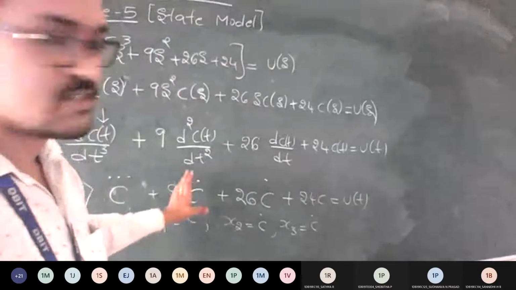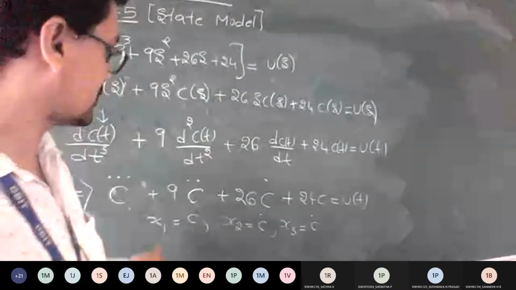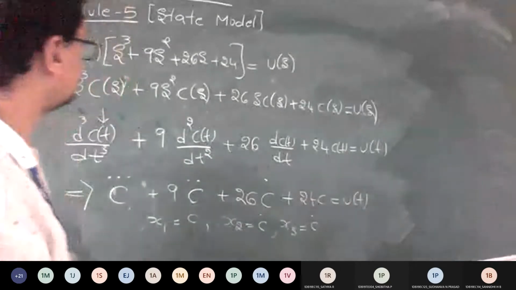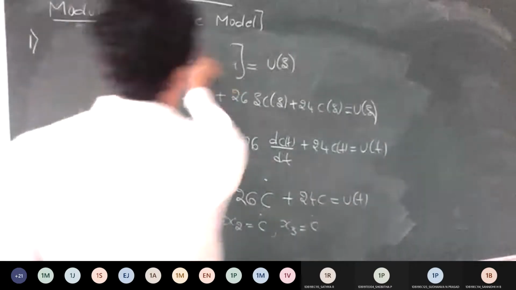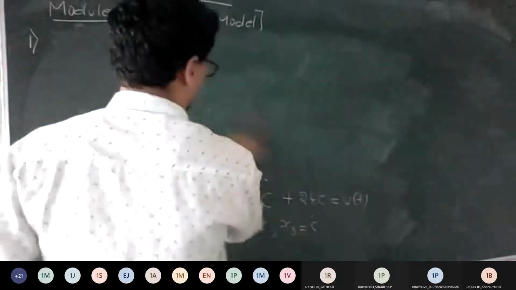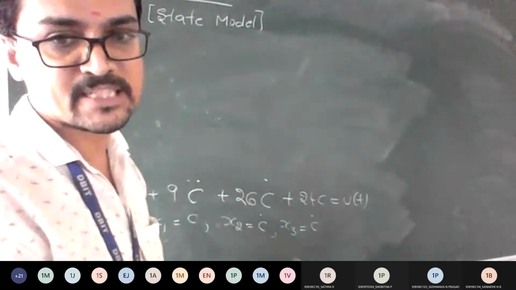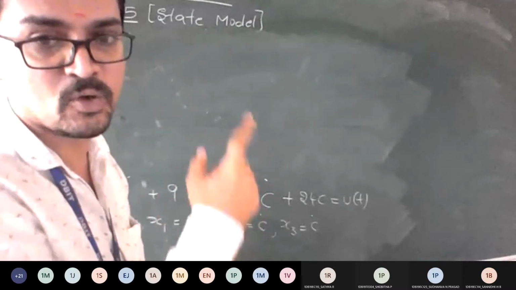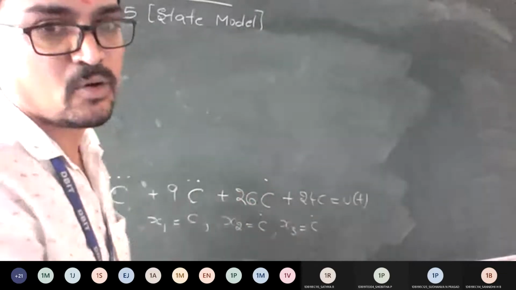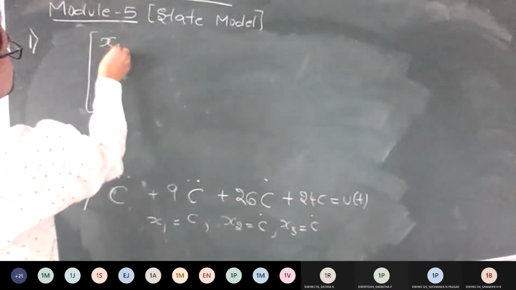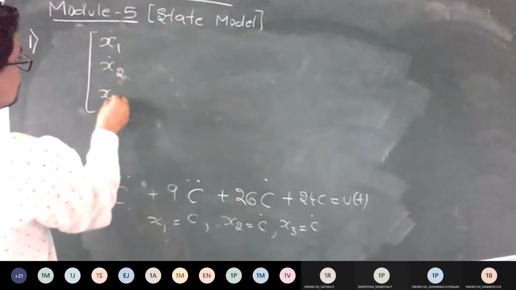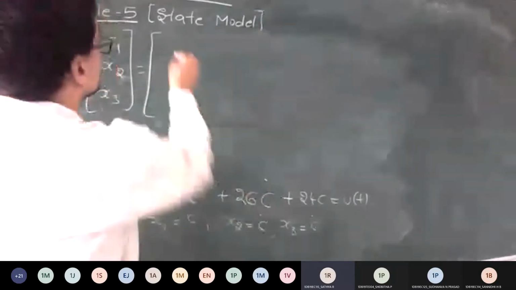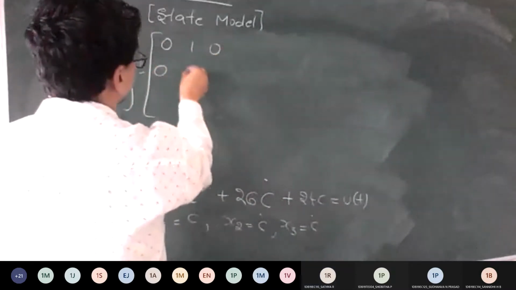So before going for that, conclude the answer for me. Get me the answer of x1 dot, double dot, triple dot, and let me plot the coefficients here. Whatever the question was given in the blocks, we are splitting two ways: one with respect to C of S by U of S, and one more with respect to Y of S by C of S. So before that, what are the coefficients, guys? What are the answers you got? Let me know. 0, 1, 0. Good. 0, 1, 0. Then 0, 0, 1.